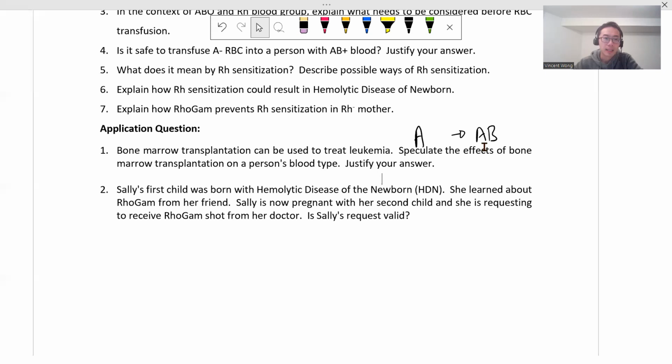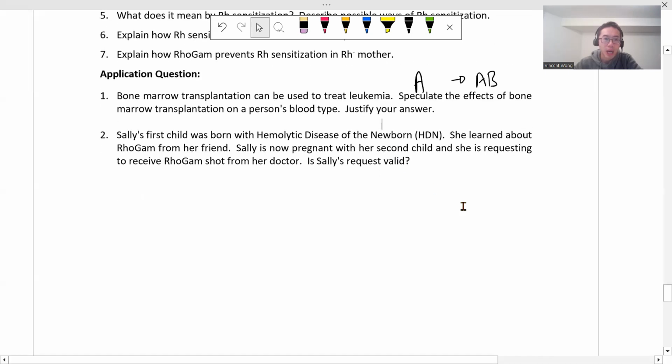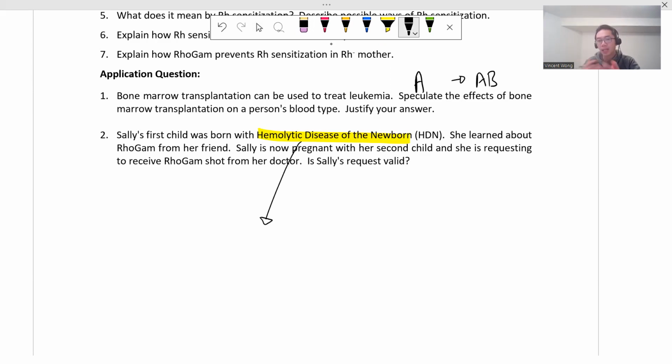Okay, next one. Sally's first child was born with hemolytic disease of the newborn. She learned about ROGAM from her friend. Sally is now pregnant with her second child, and she is requesting to receive a ROGAM shot from her doctor. Is Sally's request valid? So first of all, hemolytic disease of the newborn is a condition where there is blood